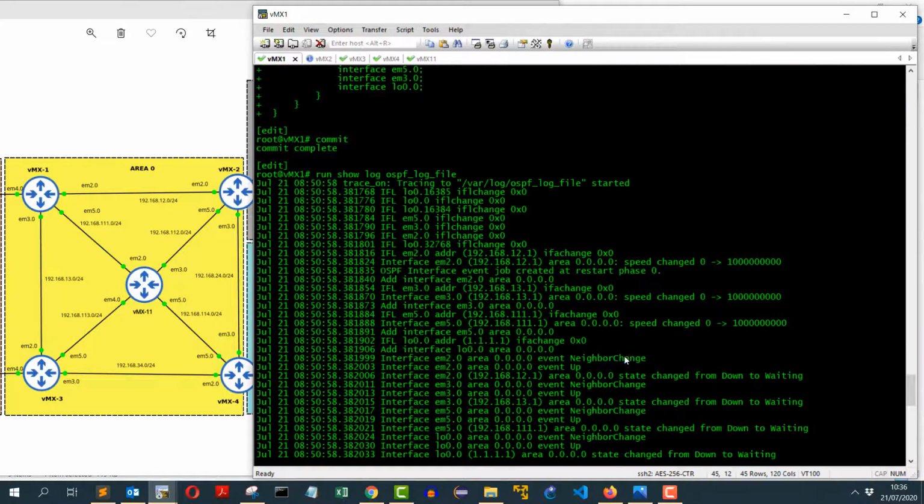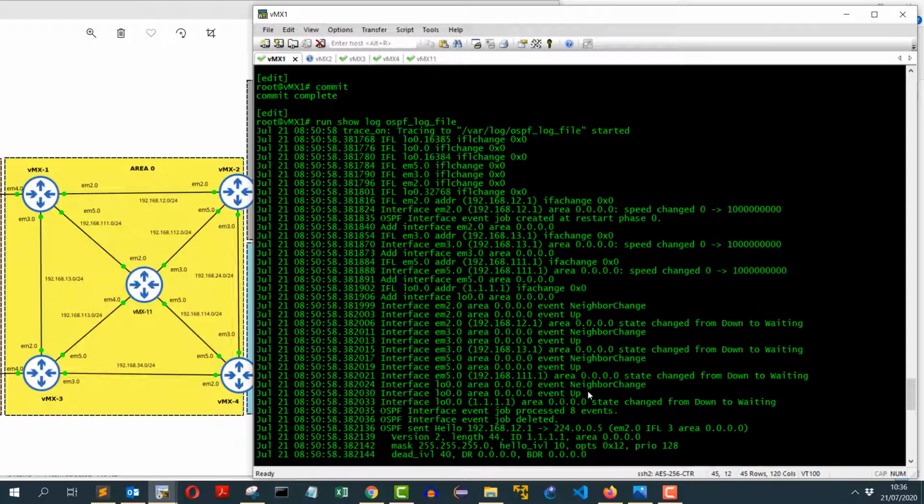It has started sending hello packets on all the interfaces that we enabled OSPF on. And also notice that the destination address of the hello packets is this multicast address 224.0.0.5. 224.0.0.5 is the multicast address which belongs to all the OSPF routers. Once you enable OSPF on any router, it becomes a member of this multicast group 224.0.0.5 and it starts sending hello messages to this address. So any other router which has an interface configured would be listening on this address on that interface.